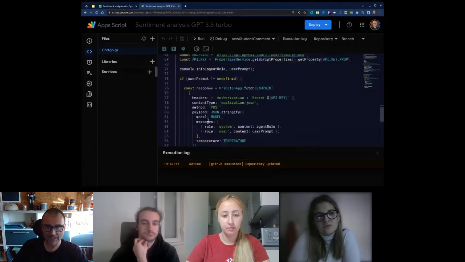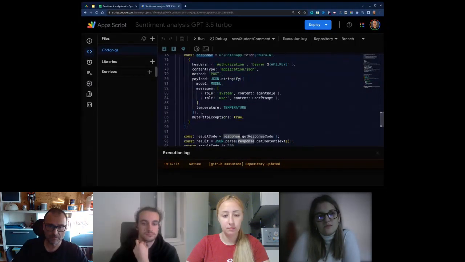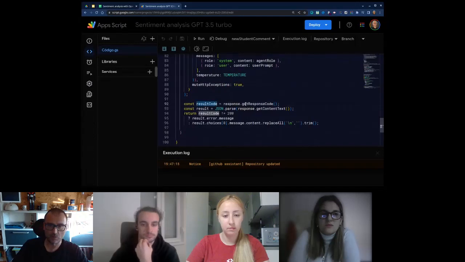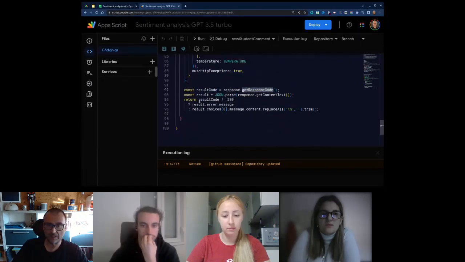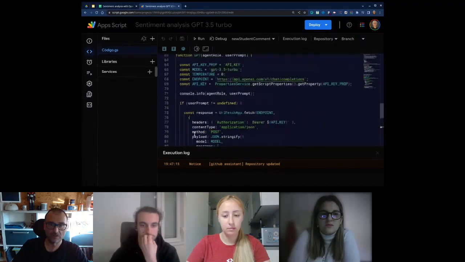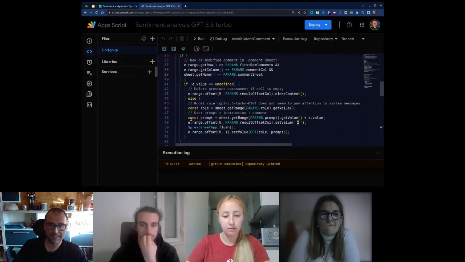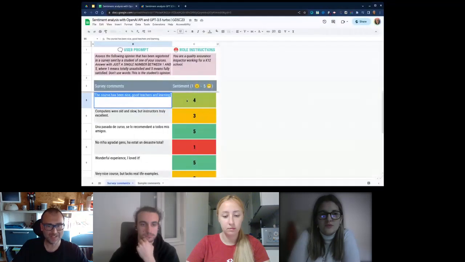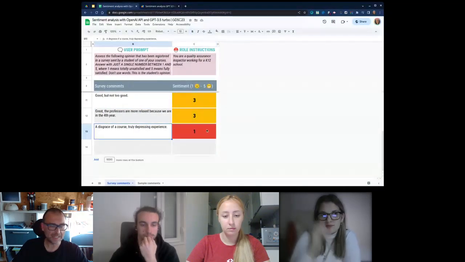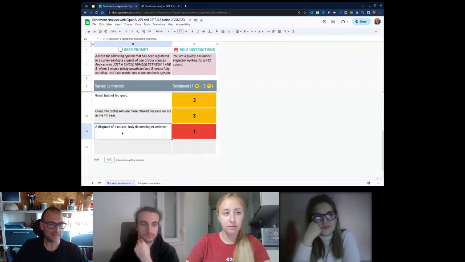And then I get the response here. I delve into the response, and return the value to the onEdit trigger here, which writes the result in the column next to the cell where the comment has been inputted.